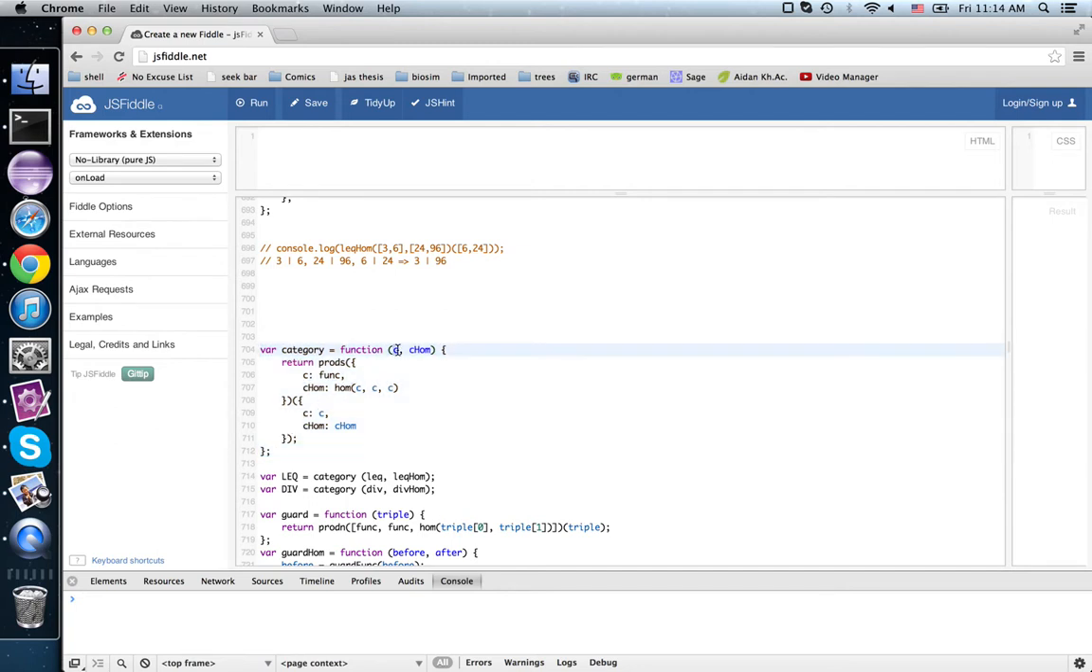A category takes a contract for the morphisms. Now, we don't lose any information that way because the objects we can think of as the identity morphisms. So all we need to know is what a morphism is and how to compose them. So in this, what we're going to have is an object with two properties, C and C hom, where C is a function, it's a contract, and C hom takes